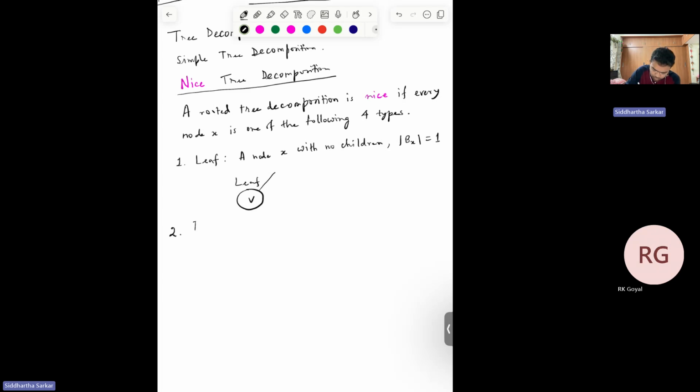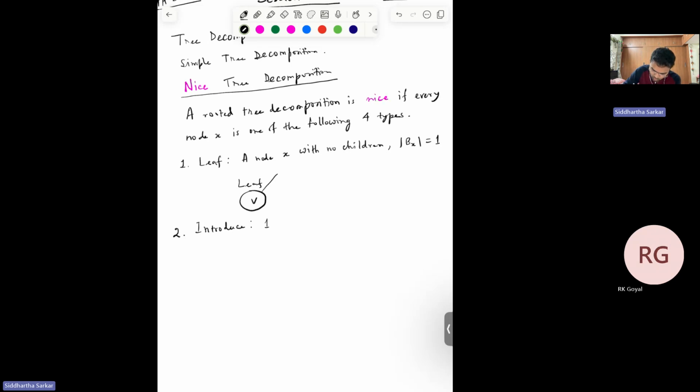The second type is introduce. What does introduce mean? It means a node X which has one child Y, and additionally, the bag of X contains exactly one element more than the bag of Y. So the bag of X is the bag of Y union one additional vertex, say v, for some vertex. All right, so diagrammatically,